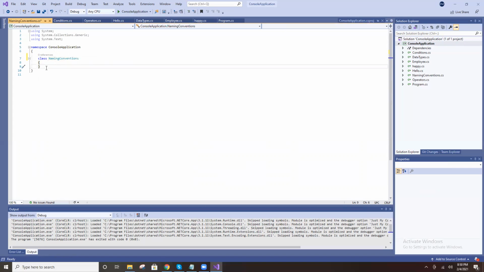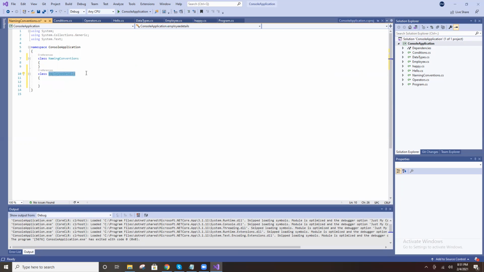For example, I create one more class, employee details. Now tell me, is this correct or not? No, the E should be capital.